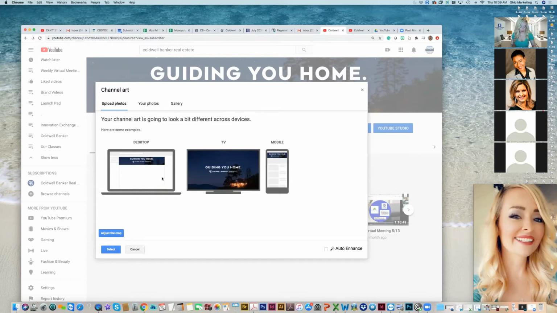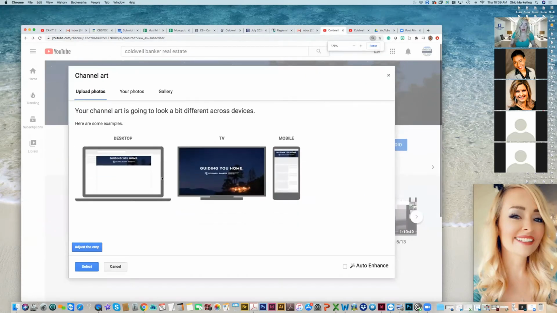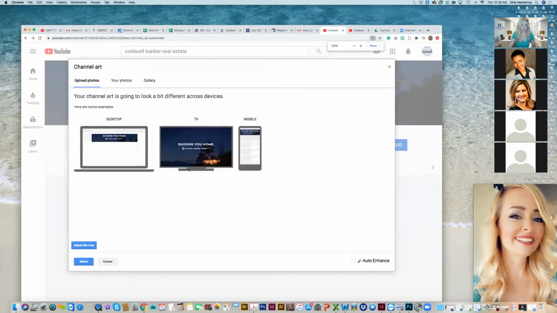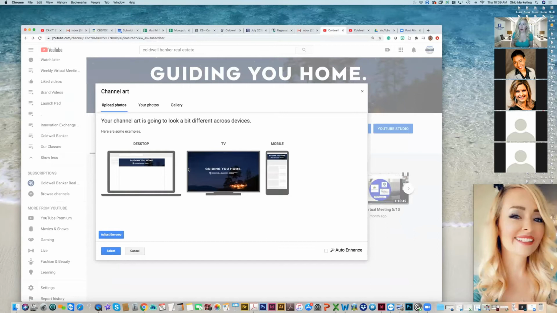So see how now I can clearly see I'm good to go on TV, I'm good to go on desktop, and I'm good to go on mobile. Each one of these options is going to be nicely, perfectly aligned. And for you guys, it just took a couple of clicks, which is super awesome. And keep in mind, anytime there's a YouTube background for us or the company or anyone, you're able to save that one as well and utilize it.